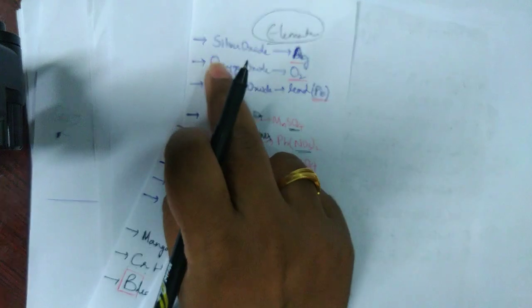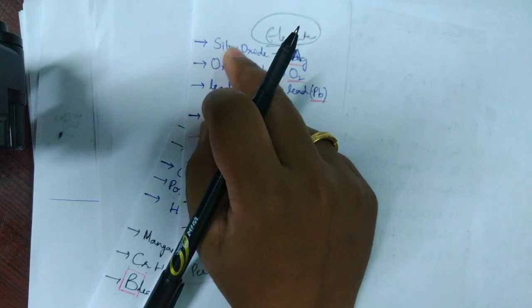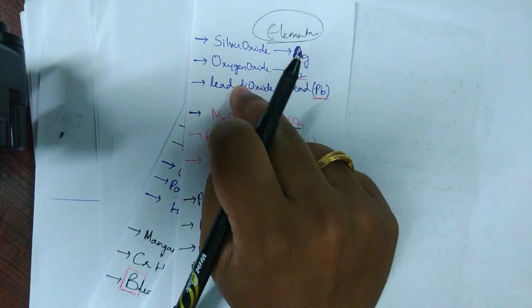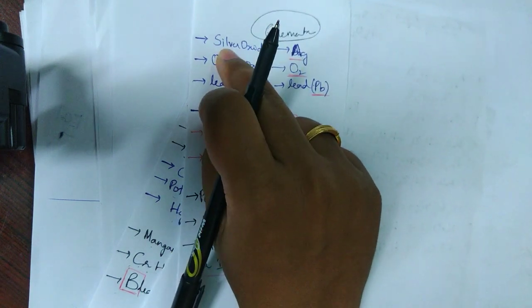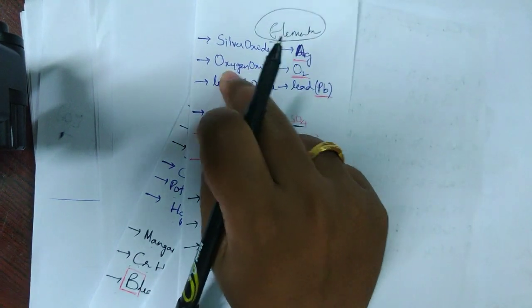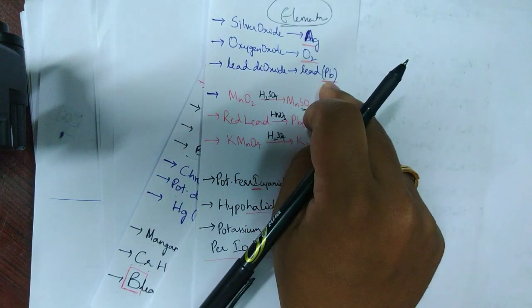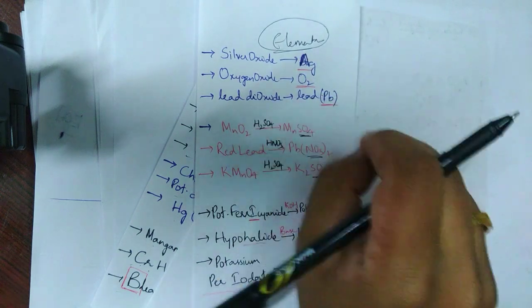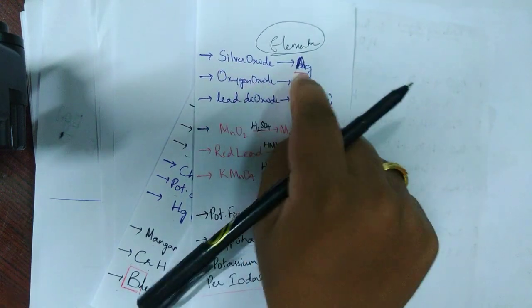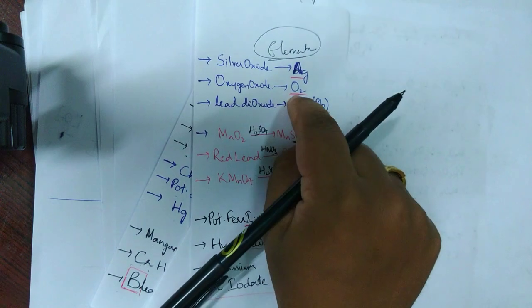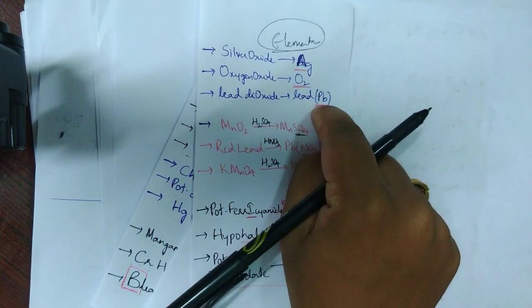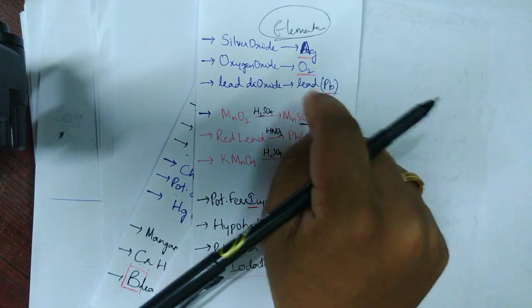From silver oxide, the central metal atom, that is silver, comes out. The main species, silver, comes out. Oxide of silver, oxide of oxygen, oxide of lead: to come out as pure elements, I have oxide of silver, oxide of oxygen, oxide of lead. So these are elemental forms. How is it matching with the mnemonic? Of course it did not click much, but still if you feel it, very good.